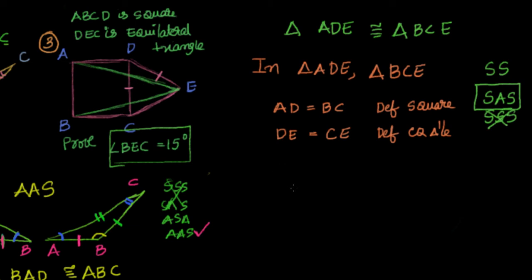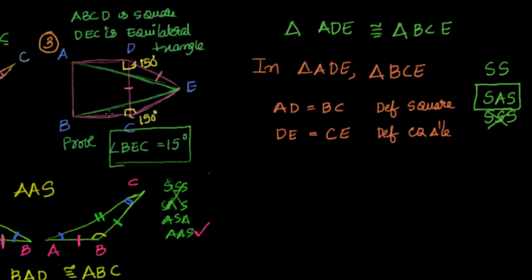Now I have two sides, but something is missing. I need to get an angle. But if you look a little bit into that, you have the information there. This is 90 degrees, you know that, and this is 60 degrees, you know that, because it's an equilateral triangle. Now you say, oh my god, I have missed it, it's so simple. Yes, you are right. This is 150 degrees. See how the information is hidden there?